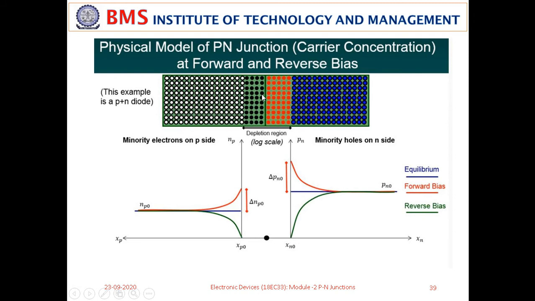In other words, the number of holes entering the depletion region from the P side to the N side, and the number of electrons entering from the N side to the P side, remains constant here. So naturally you see a flat line in the depletion region. There are no significant graphs like this in the depletion region, because the strong electric field pushes holes to the N side and electrons to the P side.